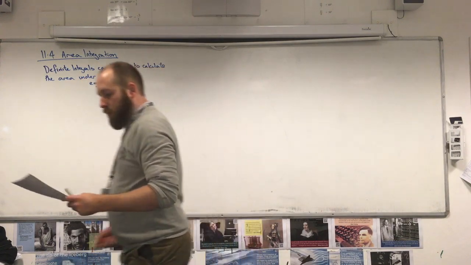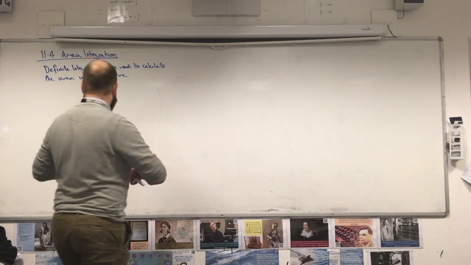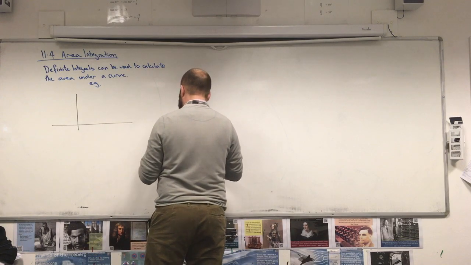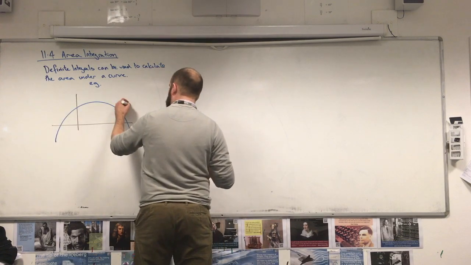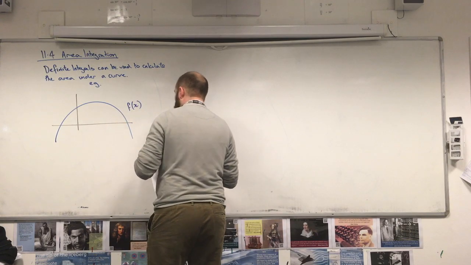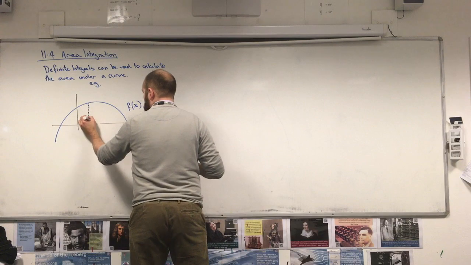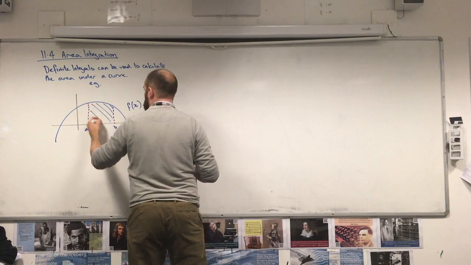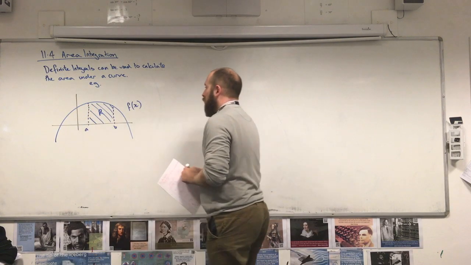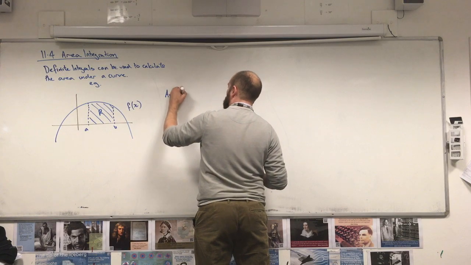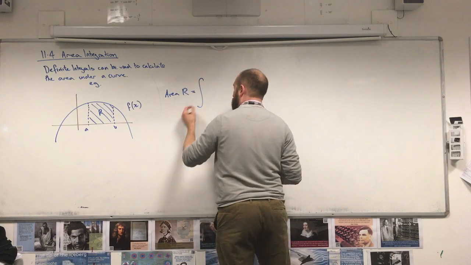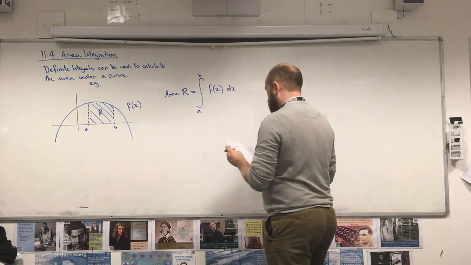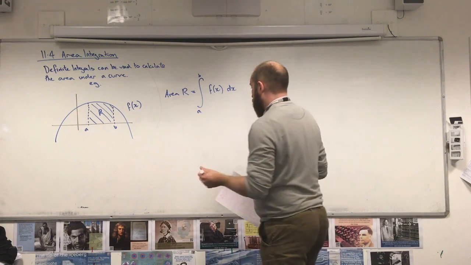So, for example, if I had the following quadratic, let's just call it f of x, doesn't need to be a specific curve, and I wanted to find out the area between A and B, so let's call it region R. The area R would be the integral of f of x from A to B dx. So what integration does when it finds the area,